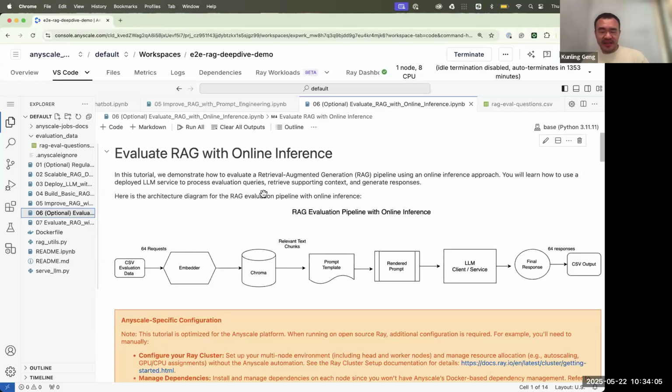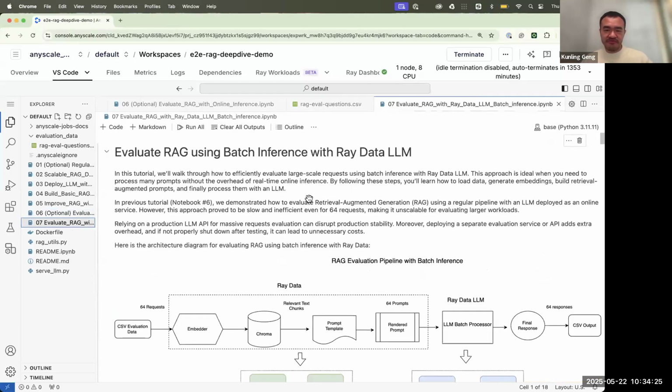You don't want to jeopardize that. But if you want to deploy a separate service for evaluating RAG, as you can see, you need DevOps people, ML ops people to set up the entire pipeline and maintain it, which is a lot of additional work to do. That's why we're introducing the batch inference